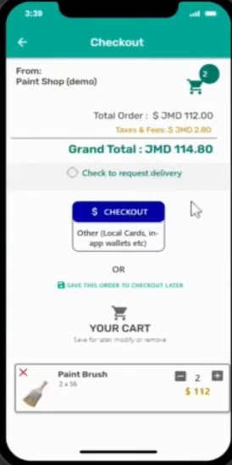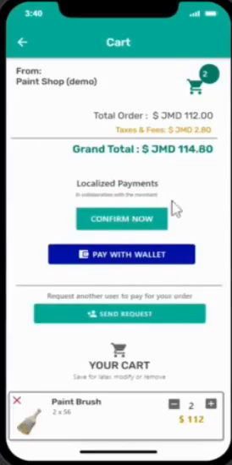Should they at this stage would like to add another one, here in the checkout part, here in the your cart part, they could still press the plus button again and it would add more items to their cart. By pressing checkout,